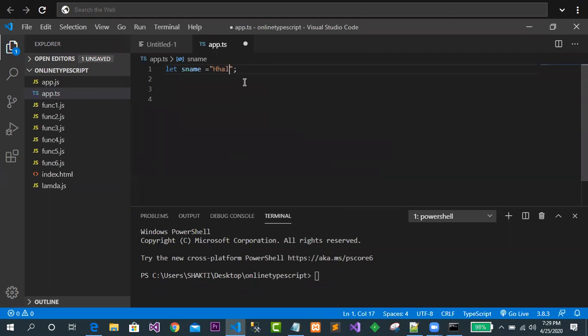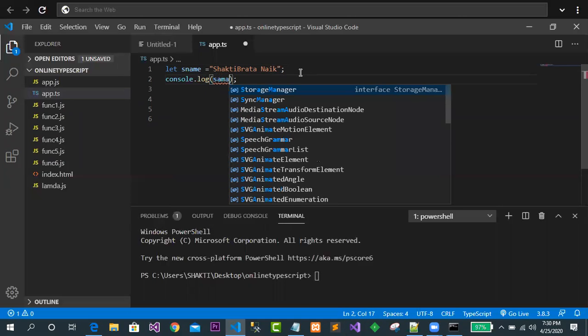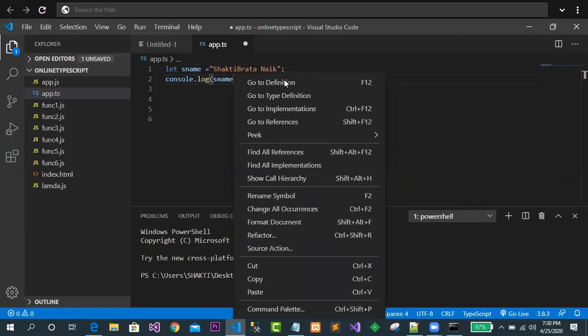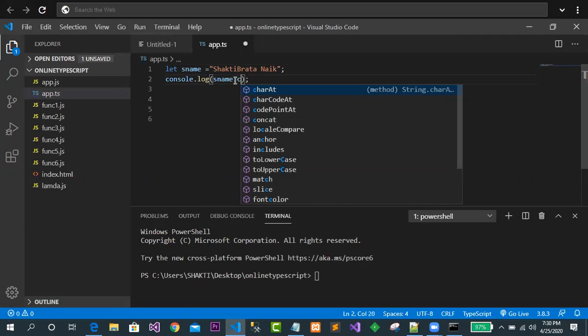I'm writing something wrong, guys. Shakti Brother Naik. Clear up to this? So this is what I have written. Now my requirement is to get one character at a given position, a given index. What should I do here? Simply I will use console.log of sName dot charAt.